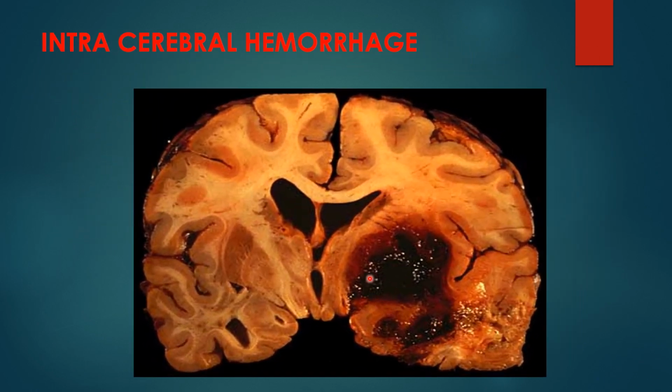How an intracerebral hemorrhage looks like: this is your lateral ventricles. The ventricles are empty, there's no blood there yet. This is intracerebral hemorrhage in this area. If this hematoma extends that way, there will be blood inside the ventricles also, and then both intracerebral and intraventricular hemorrhage will be present at that point. Okay.